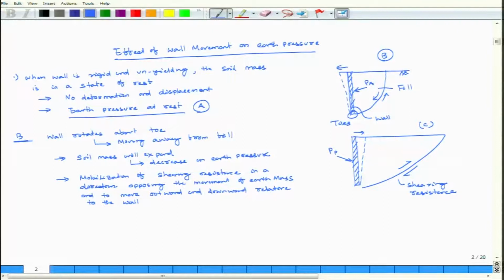If you look at it, it is opposing the movement. Then there is a resultant decrease in earth pressure which continues